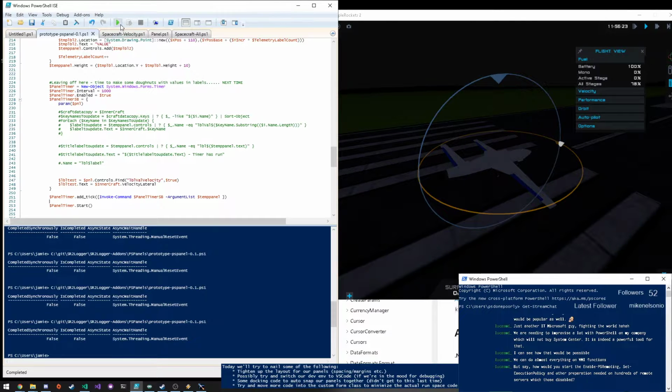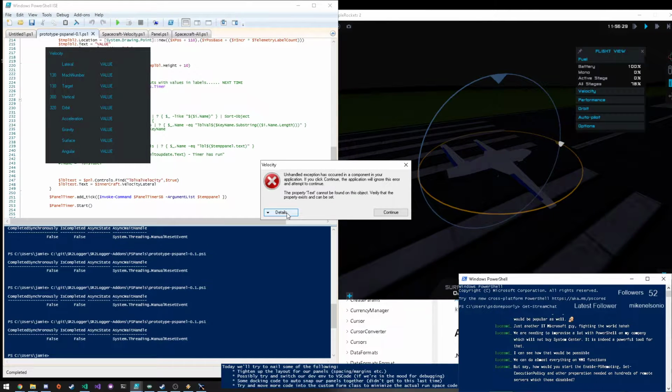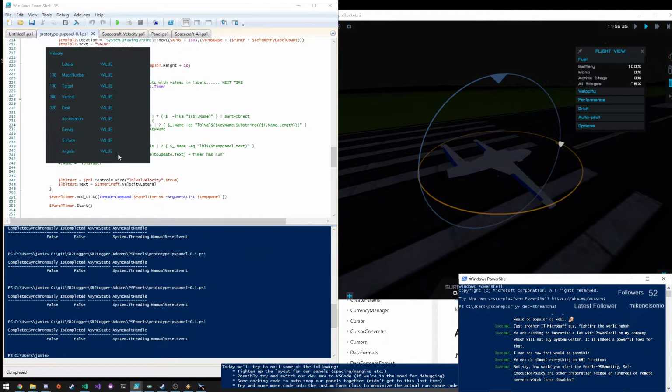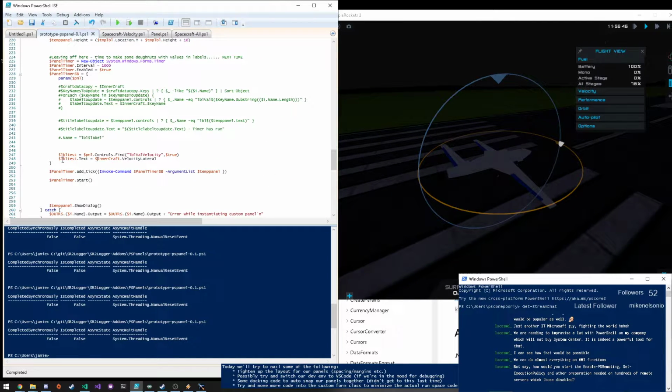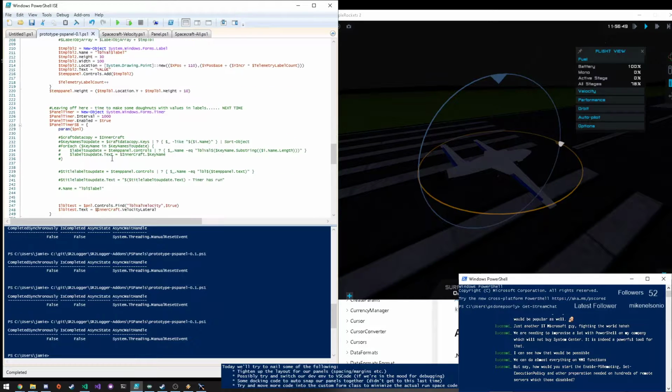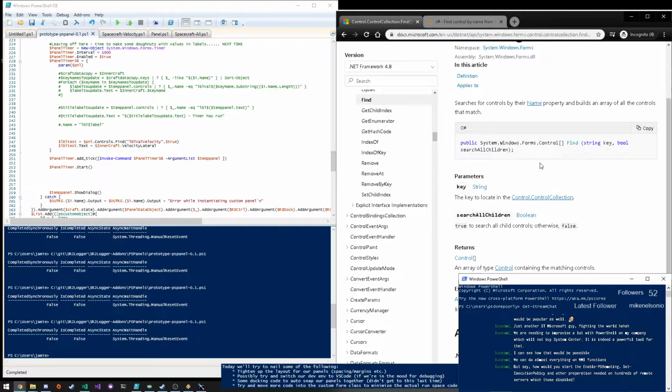Okay, so this should work. I mean, it should. No. The property text cannot be found on this object. Okay. I assume I have to explicitly